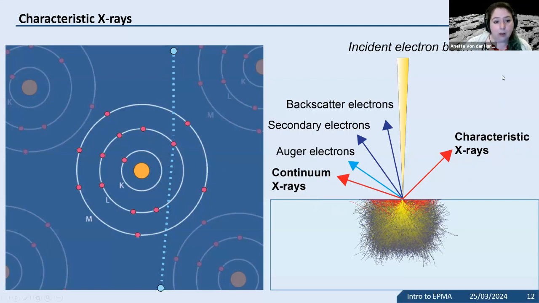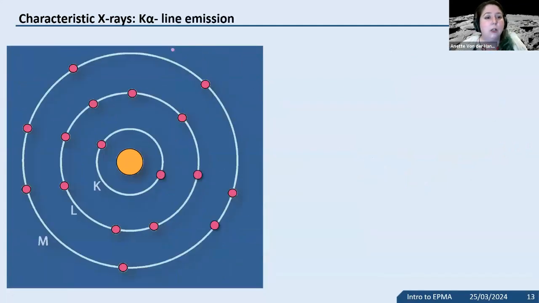And then we have an additional process. This is supposed to be a little animation that shows us what happens when we generate X-rays. So up here is our beam electron, here are our shell electrons. And when the beam electron hits our shell electron and dislodges it, nature doesn't like to have unfilled inner shells. And so a higher shell electron takes the position of the dislodged electron. And in that process,